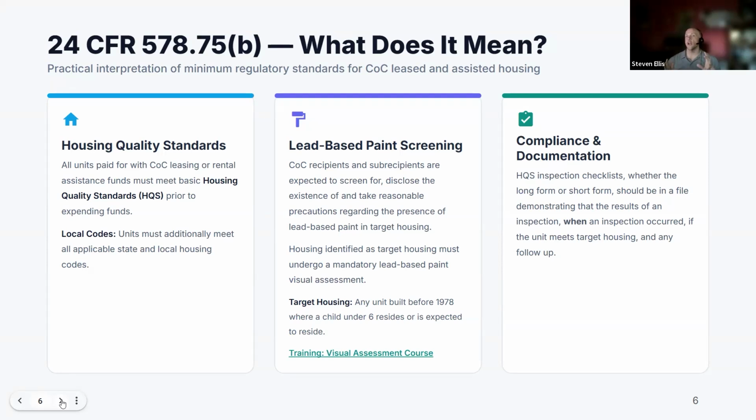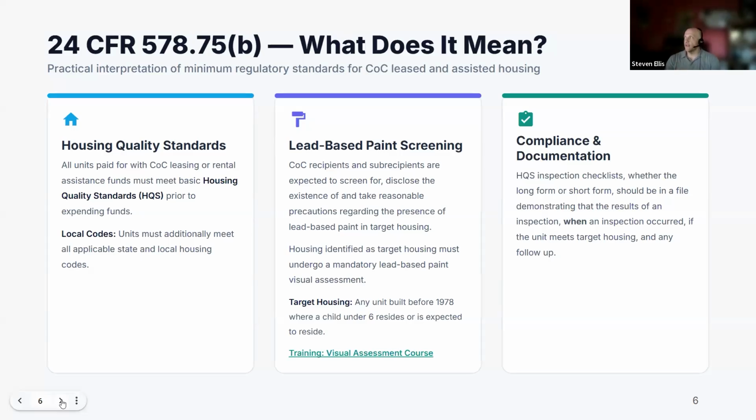Particularly during the COVID lockdown days, there was a lot of confusion, and sometimes I'm not sure people understand what a visual assessment is, because you're not pulling lead paint chips and putting them in a baggy CSI style and mailing them off. You're just going in a unit and looking around, because that's the first step of these bigger regulations. So make sure you know that course, take the course, and print out the certificate to document that you've taken it. Once again, it's referenced in the slide deck, but none of that is going to change. It will stay the same.